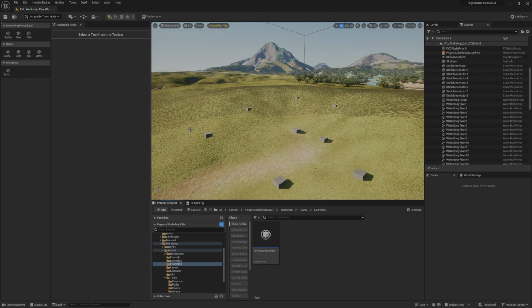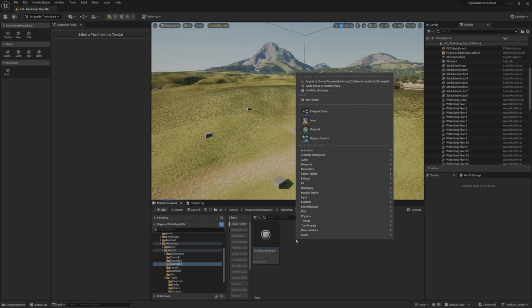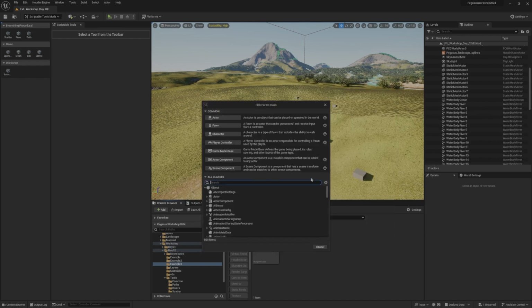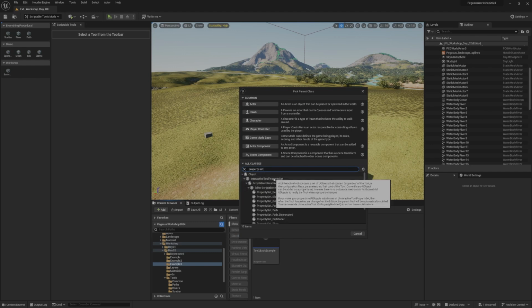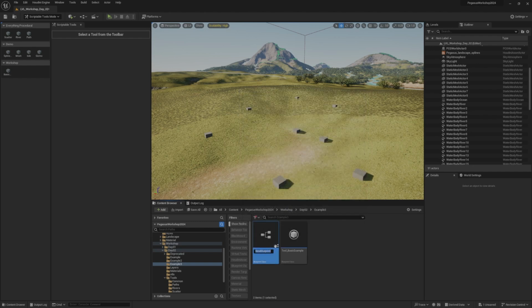So how do we create this property set, and then how do we attach it to the tool so that it becomes exposed through this panel? Well, we need to go back to the Blueprint Creation tab, and we're going to search for property sets. And we want to create an editor scriptable interactive tool property set. Okay, so we're going to go OK. We're going to create that, and I'm going to call this